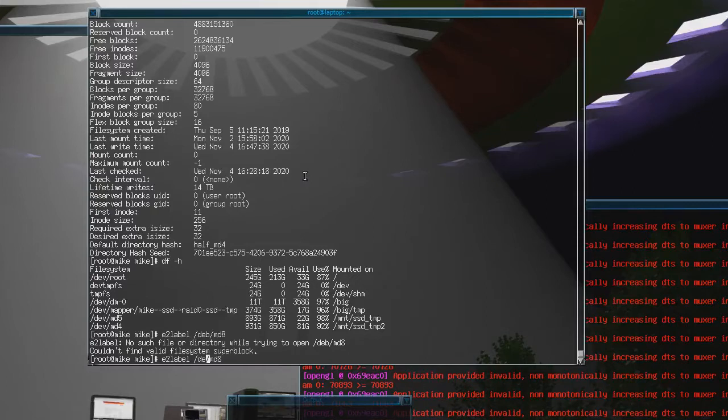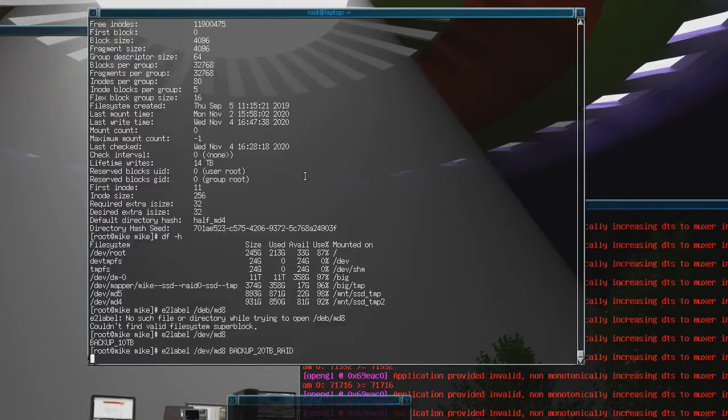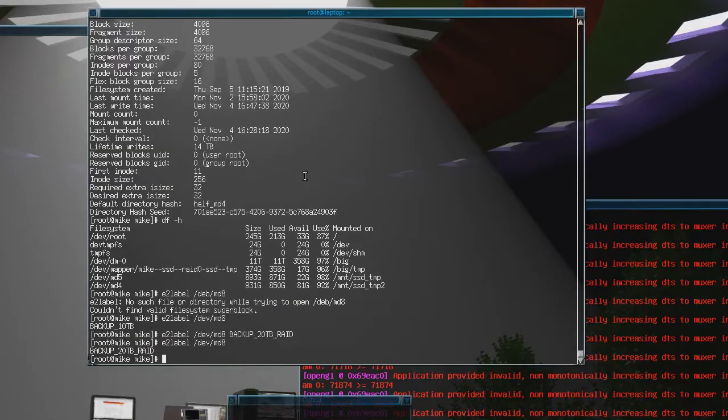Yes, that's the old name, so let's call it something new. Let me just check that. So now it's got the new name. So now if I want to mount it, I don't have to use the md device anymore. So if I want to mount it where it was previously,